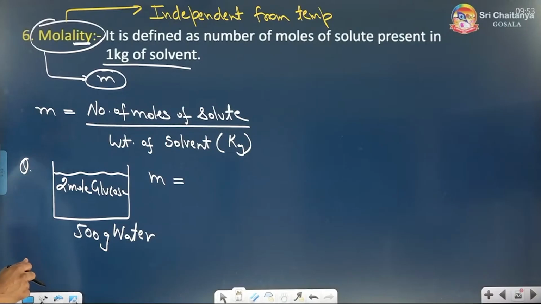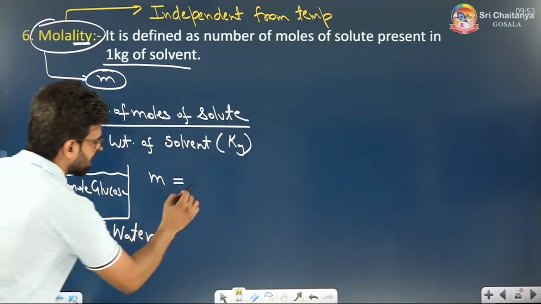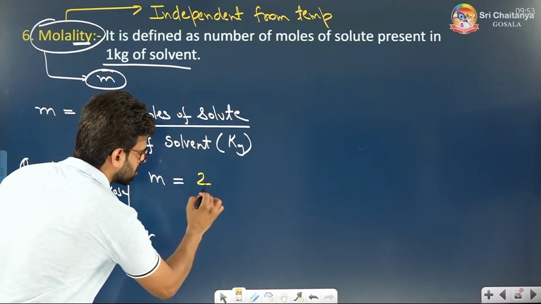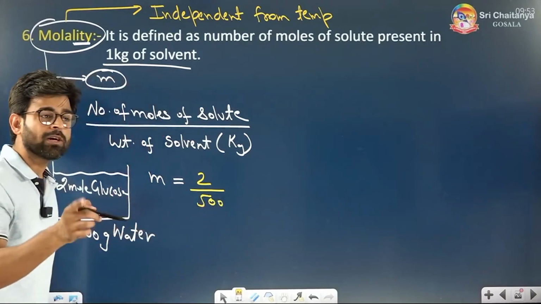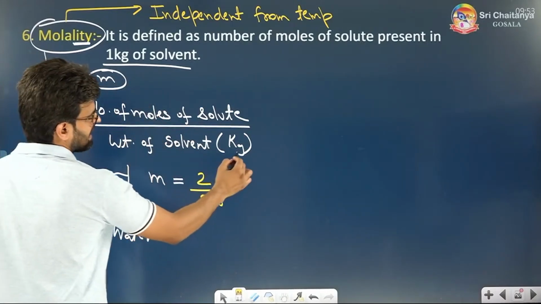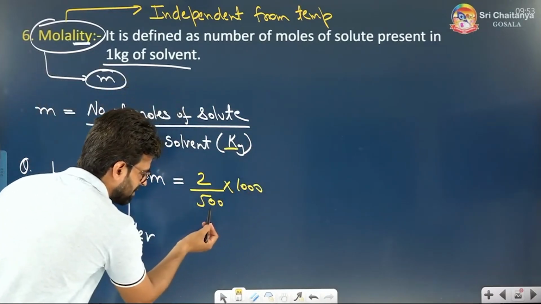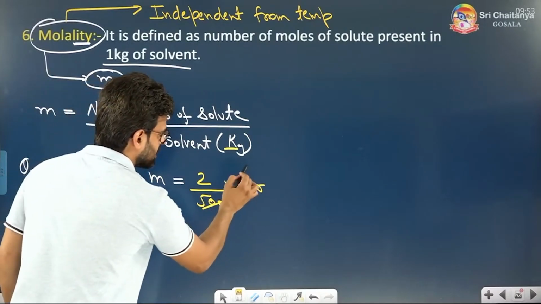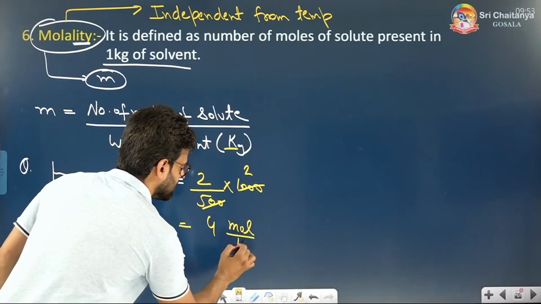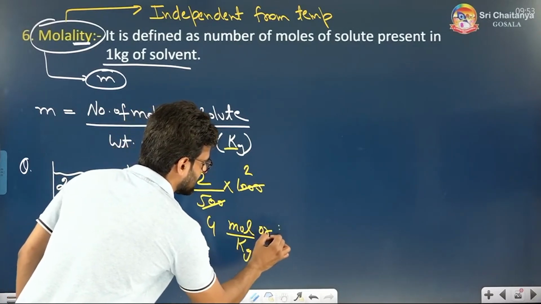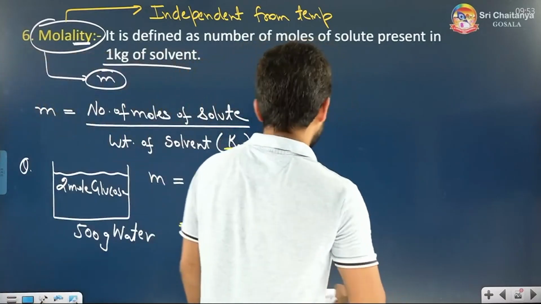Very good. You're doing great. Yes, giving the right answer, right? What is that? Moles of solute. How many moles? 2. Weight of solvent 500 gram. But don't forget to make it kg, because weight I said in which unit, beta? Kg. To make it kg, I will divide 500 by 1000, right? So what is coming from here? 2. Very good. What is coming? 4. 4 mole per kg is the unit, or you can write small m. 4 is the right answer. Very good. Clear, bache, right?